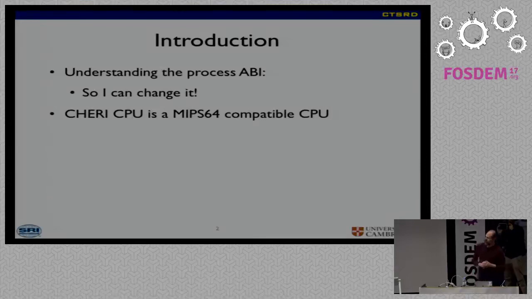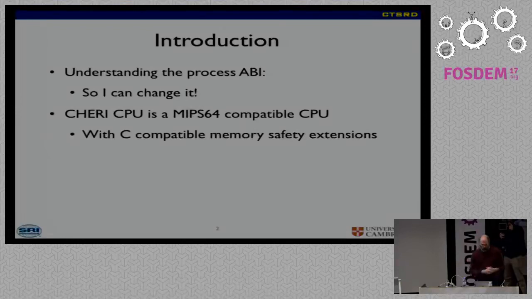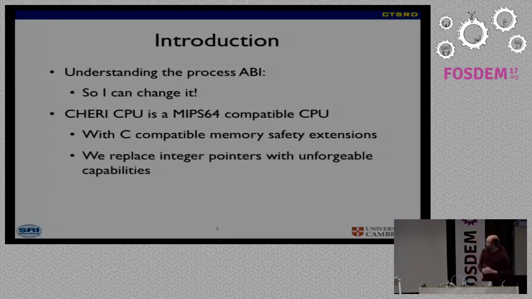But the reason that I want to change it is that I'm part of a research project at SRI International and the University of Cambridge, where we're developing extensions to CPU ISAs, which give us the ability to make C-compatible memory safety and enforce it in hardware. So we can recompile C code and eliminate most buffer overflows pretty much out of the box with only some minor changes to runtimes. And I had to dig into all these bits of how a simple program like Hello